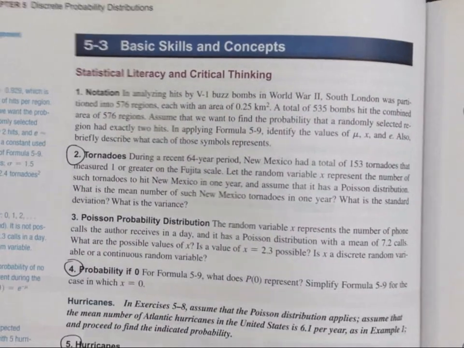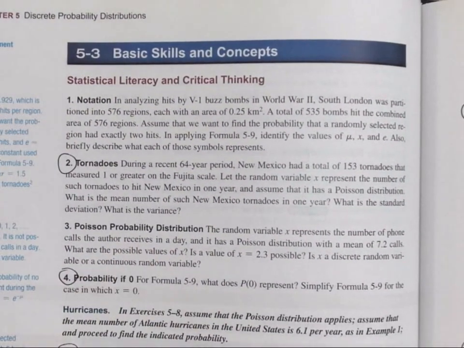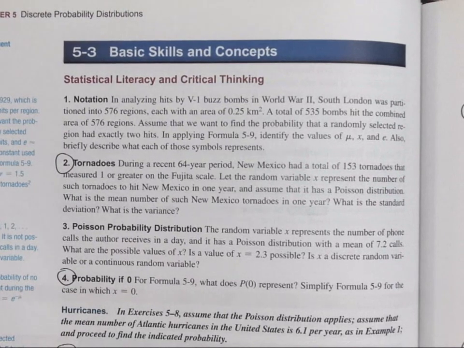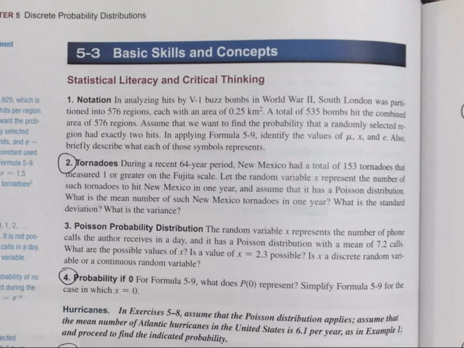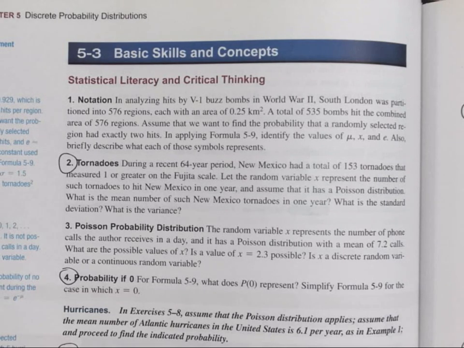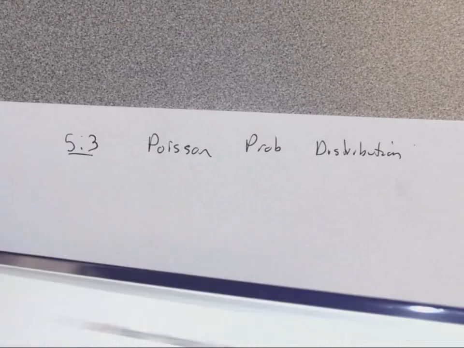So number 3 asks, a Poisson probability distribution says the random variable x represents the number of phone calls the author receives in a day, and it has a Poisson distribution with a mean of 7.2 calls. What are the possible values of x? And then it also asks, is x equal to 2.3 possible? Is x a discrete random variable or a continuous random variable? All right, so to answer the question,